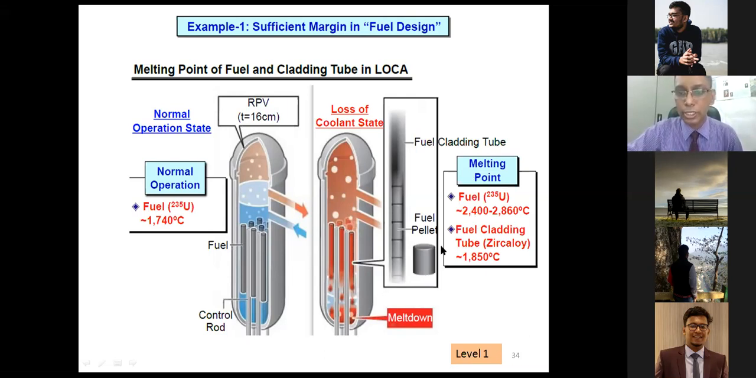For example, your fuel temperature is going very high. It was designed for 1740 degrees Celsius, but it is going to be almost 2800 degrees Celsius. And the fuel cladding, which is composed of zinc alloy, reaches roughly 1850 degrees Celsius. So that means when you design your fuel or fuel cladding, you have to keep in mind that this type of temperature can happen. So you design in such a way that it can sustain the